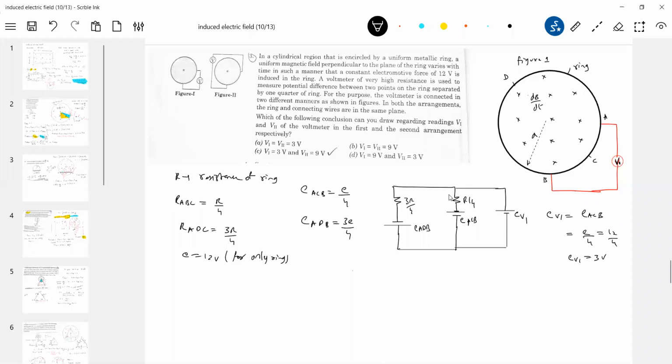Okay, sir. This is only for your help. We have to think like this here. If we mention specifically the resistance of the ring, and a voltmeter of very high resistance, then there is no question of current flowing in this voltmeter. That's ruled out. So actually it will read this particular potential drop here. If you take the resistance of the ring as negligible, then it will read only this much.